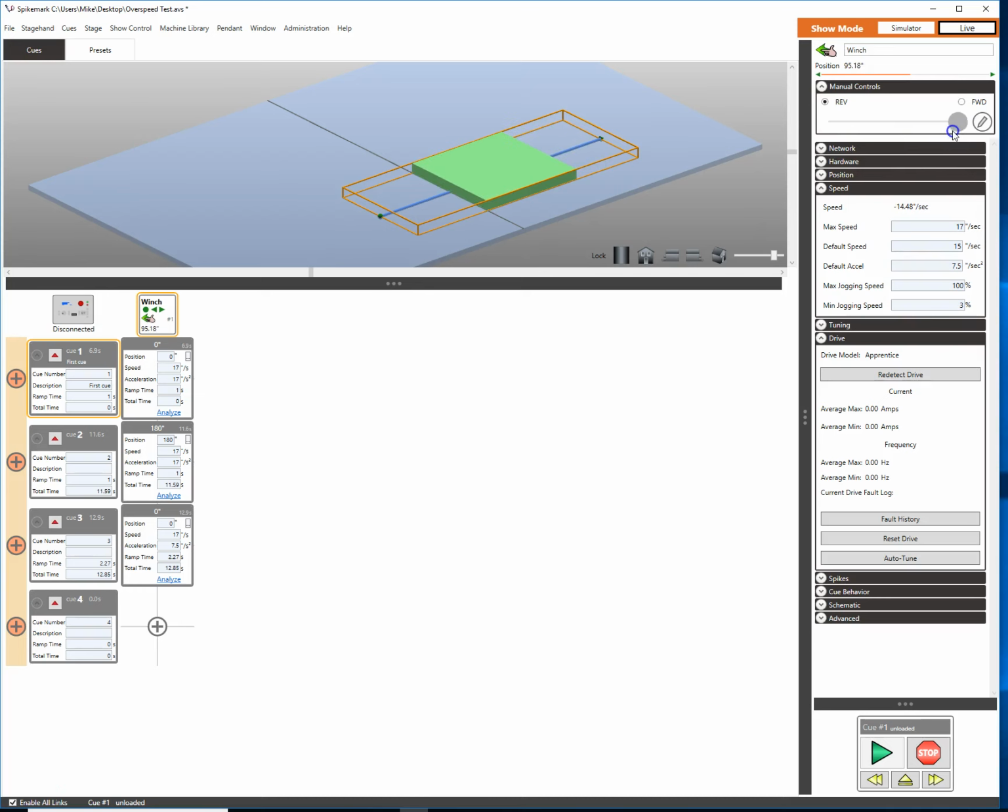I'm going to get ourselves back down to about 0 as we're talking about this. So we can go there. So we know we can go 17 inches a second. So let's take a look at our cues here. So if I started from